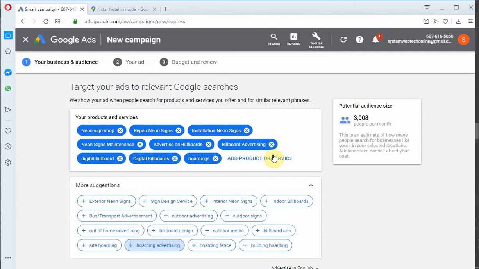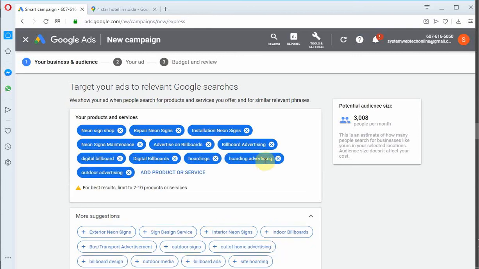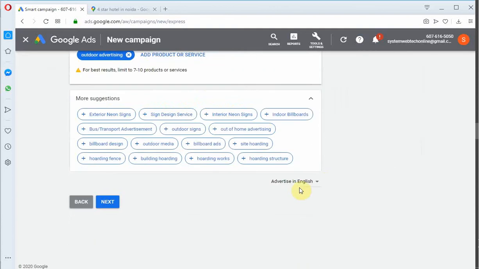Your ad will be visible to those audiences only. Right, so let me add this keyword service also. Alright, so it is showing 7 to 10 products and services. Alright, and we will click next.